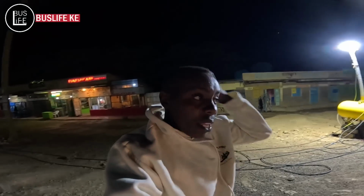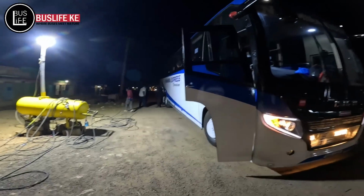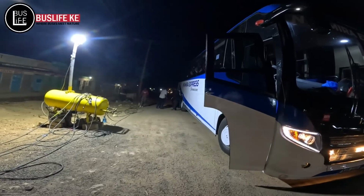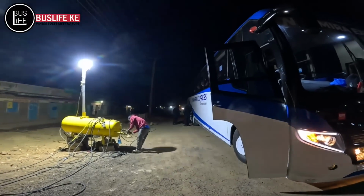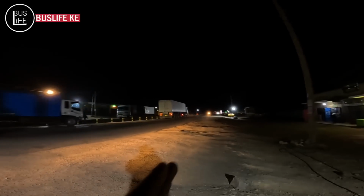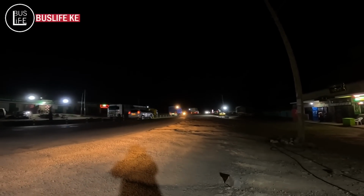It is about 8 p.m. and we are here in Ntimaru. We have stopped to check the pressure for the rear tire, because I've heard that they have never checked since the bus came out of the fabricator. And another news is that towards this side is where we have the Ntimaru escarpment, and we have heard that